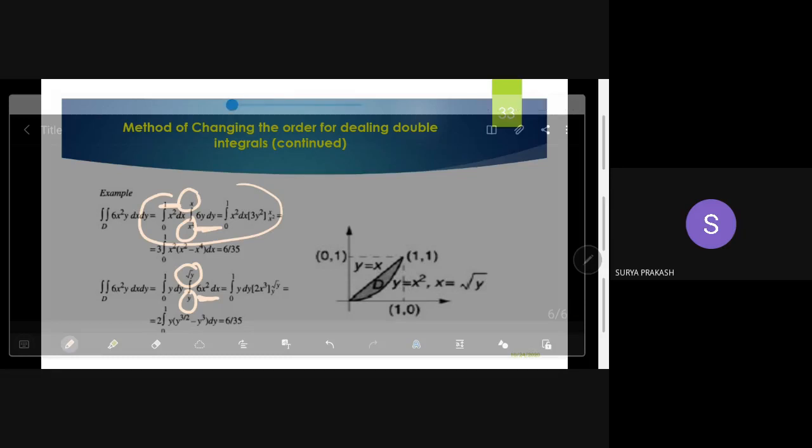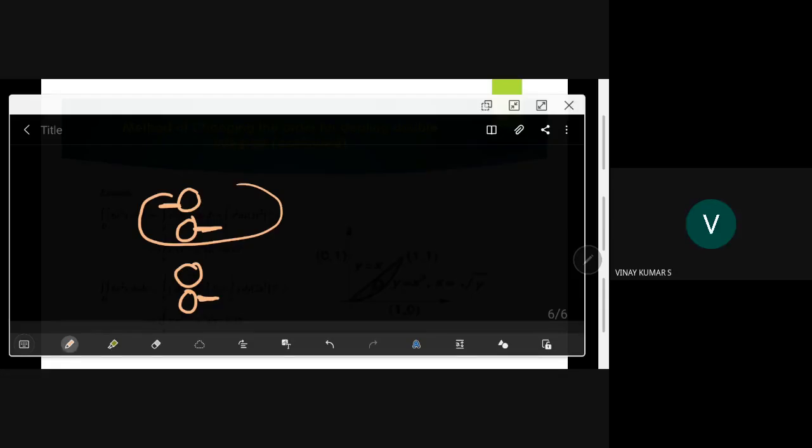So changing of variable is this. Sir, can you repeat, only how to take the limits? Sure. I'll do two cases. I will create two examples, and if you understand these, you can do all the problems. This is the crucial thing you have to understand. Again I will repeat.